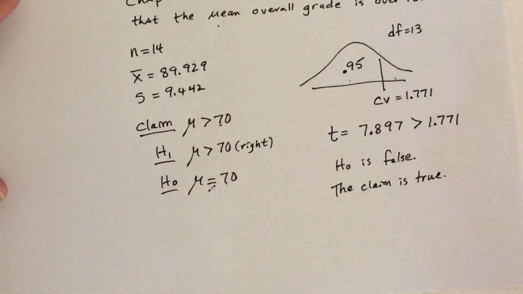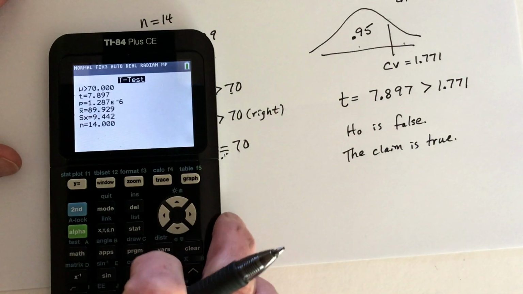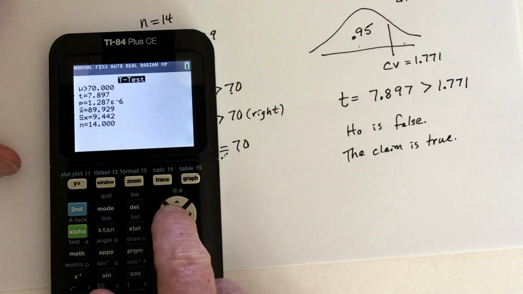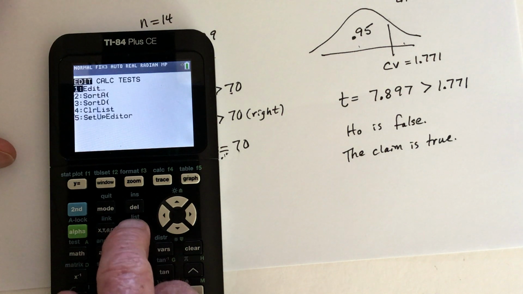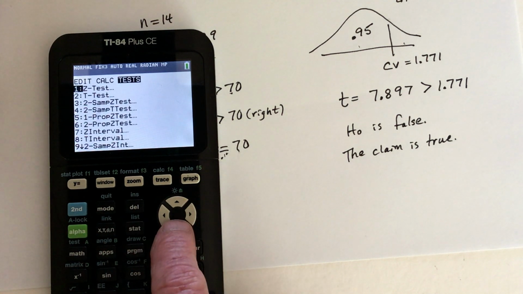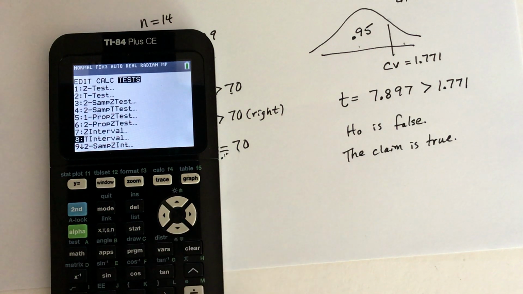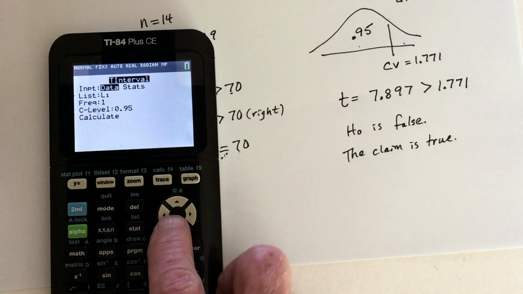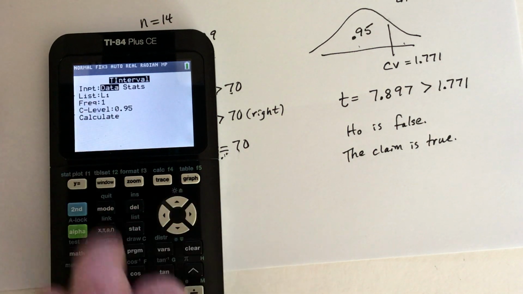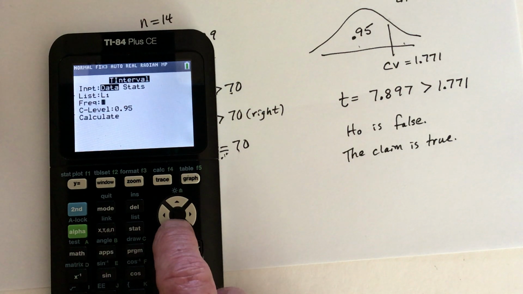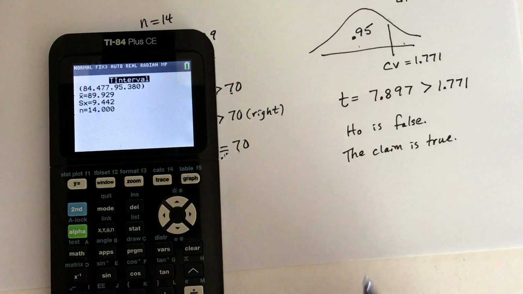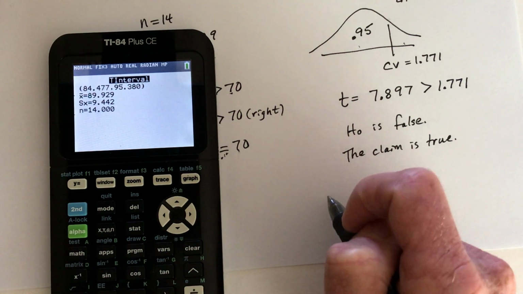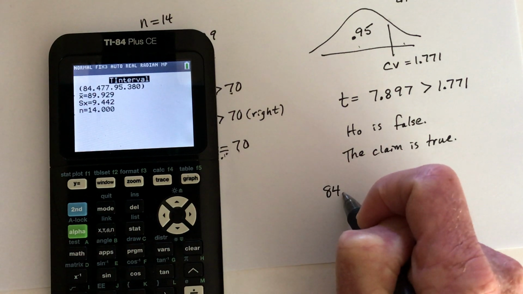And then one last thing, to use the calculator to make the confidence interval, which we did in chapter 7 and we will do again in chapter 9. You would just go to the stat test and then look for the t interval. So need to go down to number 8 and again use the data because I have the data in the list 1. Use 95%, and then it says basically for those people that get 70 or better on chapter reviews, their overall grade will be somewhere between